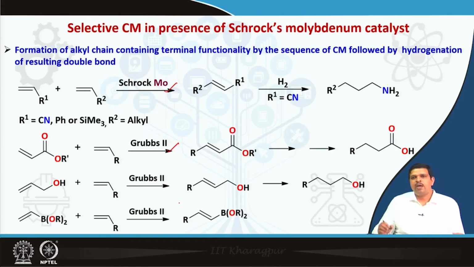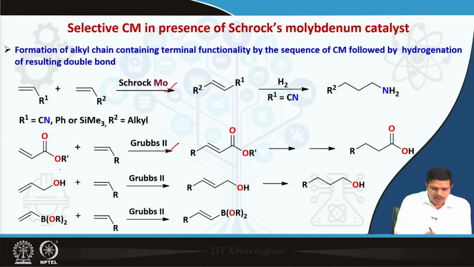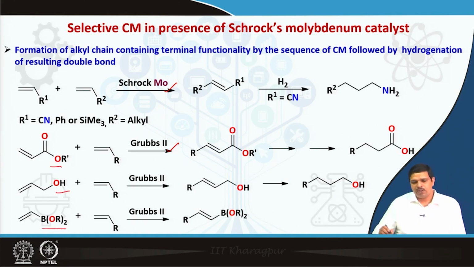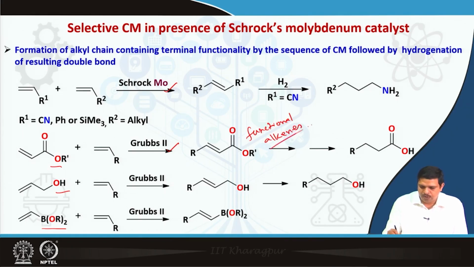And here you will see, as I told, that these kinds of catalysts are very compatible with different functional moieties. Here you see ester, alcohol, even the borate, even the amines. That's why it's so useful to make functionalized new alkenes. And then you can again modify the alkenes to different acids, alcohols, esters, whatever you need. So this is a very useful and very effective method to make new value-added alkenes.